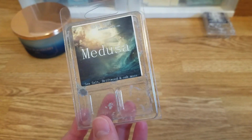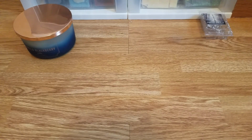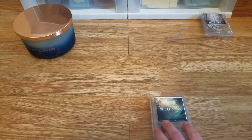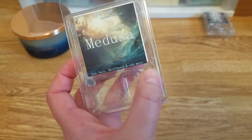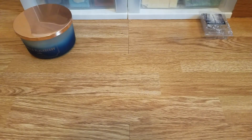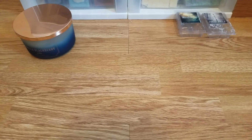Medusa, this is sea salt, driftwood, and oak moss. I liked this more the first couple times I melted it. Finishing it up, it smelled like old lady perfume to me, or, I shouldn't say that, a more mature woman's perfume. It's not something that I'm going to repurchase. I'm done with it. I think two of these three notes are in an actual scent that's a candle from a different company, so I believe two of them come together in an oil, and that probably is what smells like women's perfume, and then the other one is just an added note that she thought she would switch it up and try to change, but that is very strong as